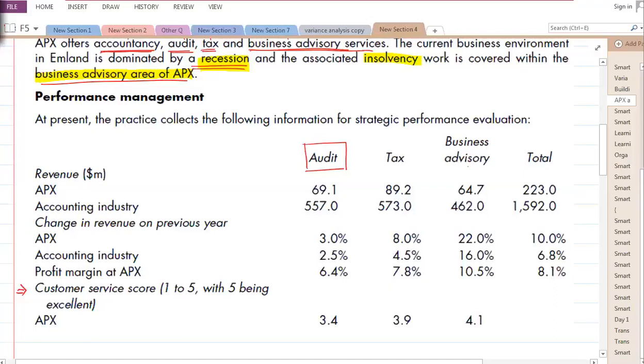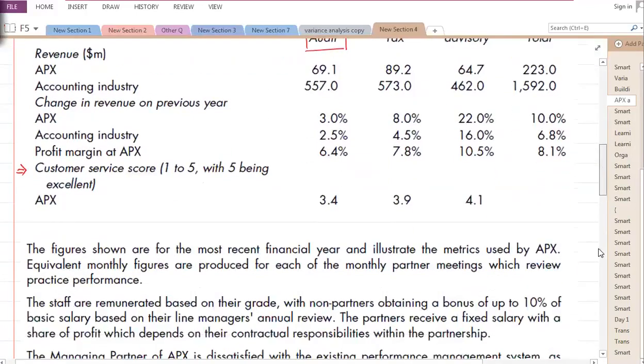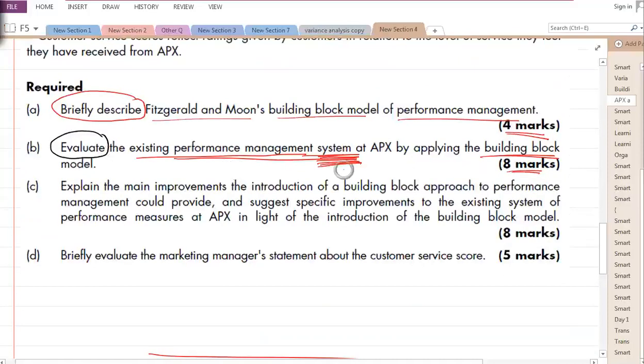What do you think? Should we say this? That if audit function is performing well, or taxation or business advisory, should we say this? Should we have these kind of comparison? What do you think? No, because that's not required. We are required in the question to talk about the system,